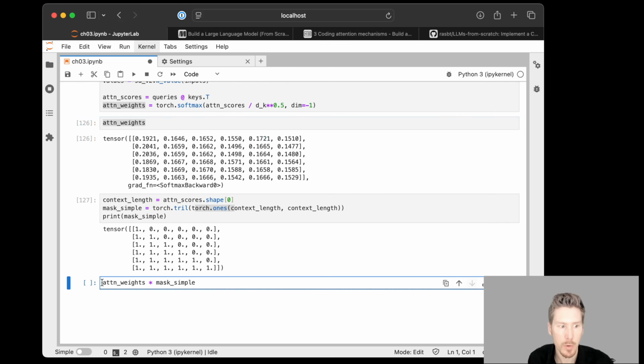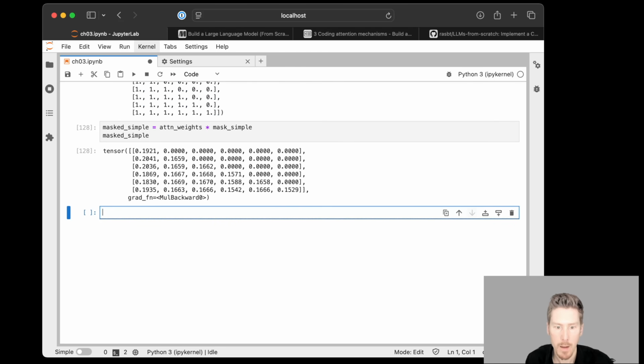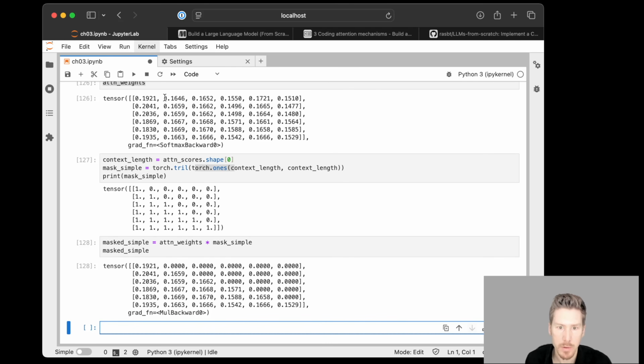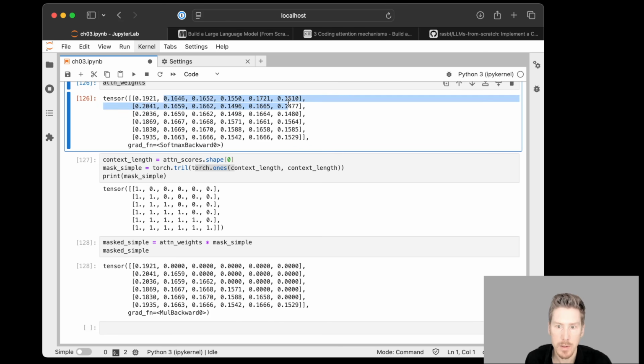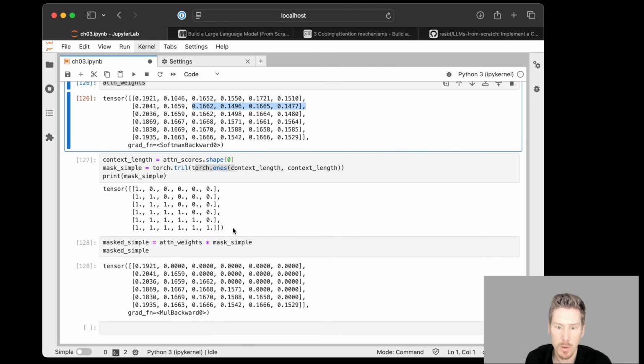Let's call that masked_simple, and print out how it looks. Now you can see we masked these values. In the first row, everything but the first value is zeroed, so they're all 0. And in the second row, we have the two tokens, and everything after the two tokens is